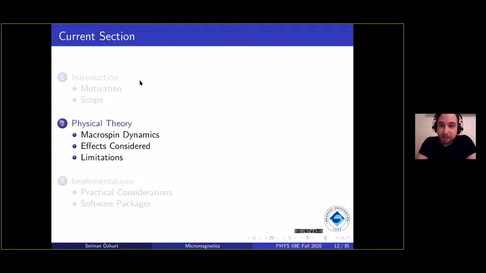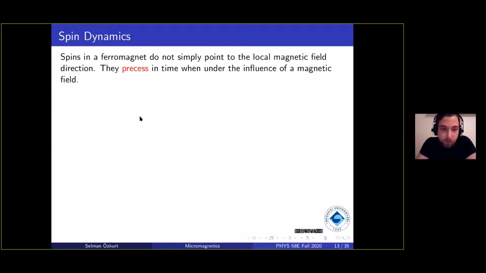And now that we have defined the scope and the necessities of micromagnetics, let us define what exact physical phenomena we have to consider in our calculations in micromagnetics. First of all, we start with macrospin dynamics. In spin dynamics, when a spin is put under the influence of a magnetic field, it does not simply point to the direction of that magnetic field as in a compass. It precesses around it. Even a simple compass doesn't just point to the magnetic field's direction. It actually oscillates around it. So there's a dynamic behavior, and this dynamic behavior in spins is